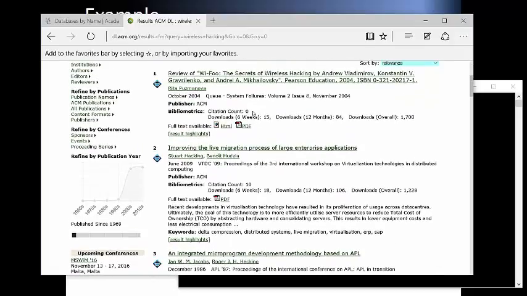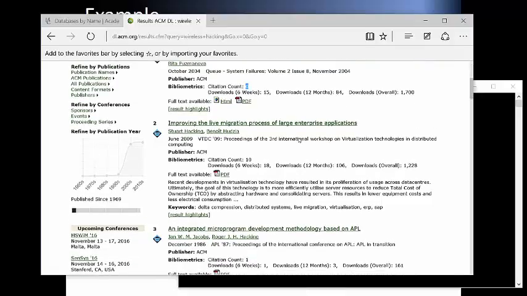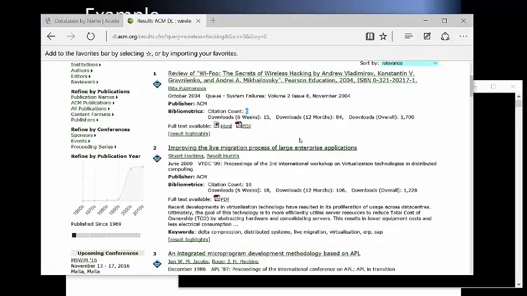And also, if it is a good article, then there's a citation count. If there is a citation count 0, then no one referenced this. Although it has been searched 1,700 times. Okay, last 6 weeks, 15 times. Only in our library or in this website? Yeah, in this website. All right. Not from Mercy, yeah. Mercy, I think we only have maybe 1,000 some using.